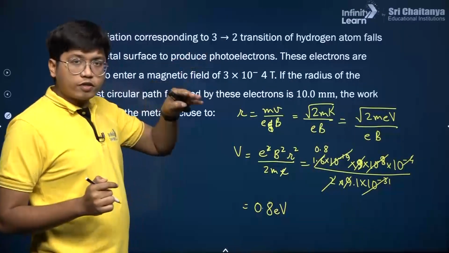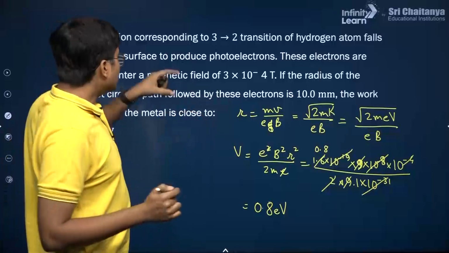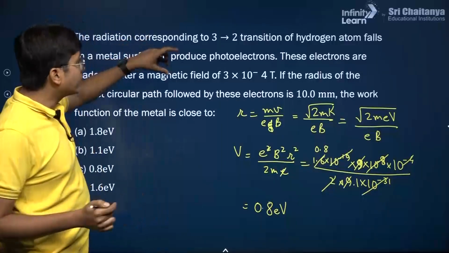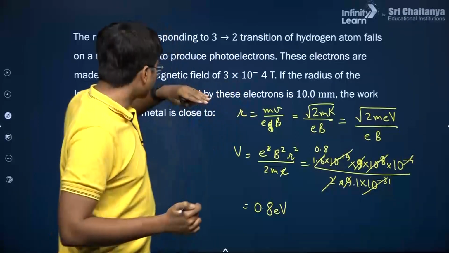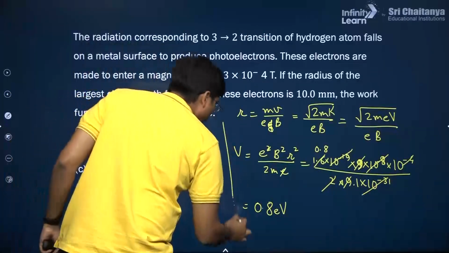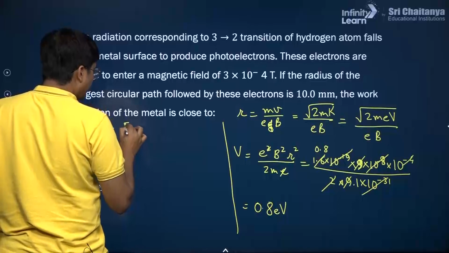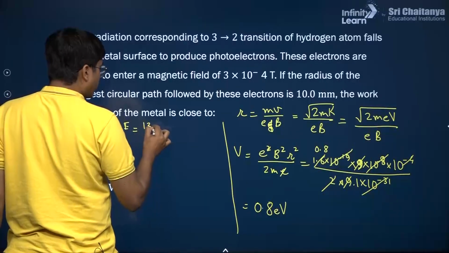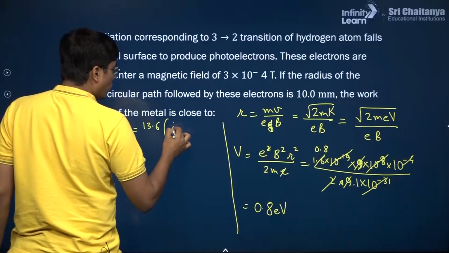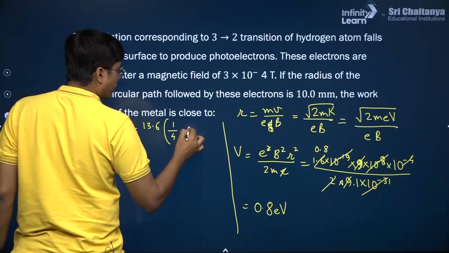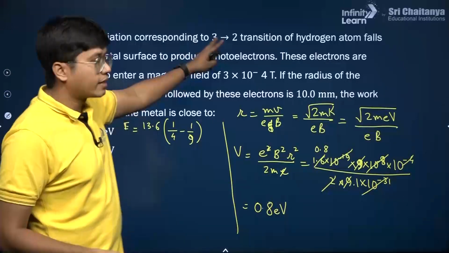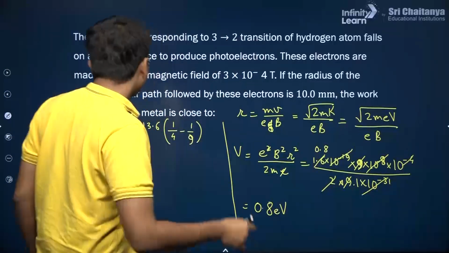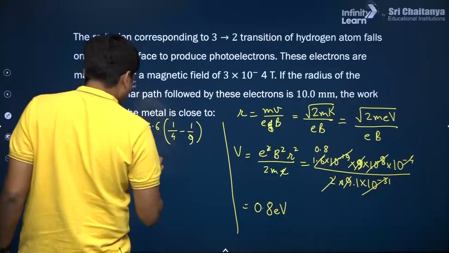This is the energy of the photoelectrons. Now this energy is provided by the light that is given off in the 3 to 2 hydrogen transition, which means what is the energy given off there? There the energy given off is 13.6 into 1 by 4 minus 1 by 9, because 1 by 2 square minus 1 by 3 square, that is the transition from 3 to 2. So you effectively get over here